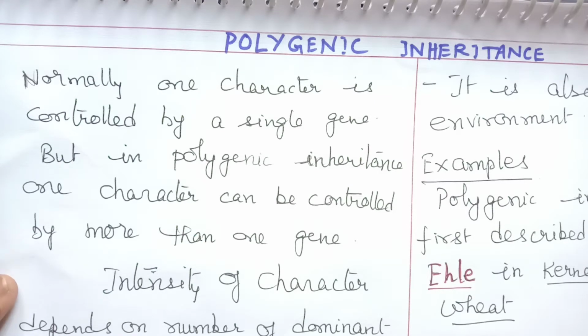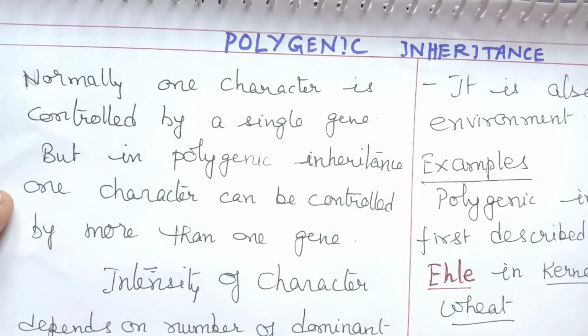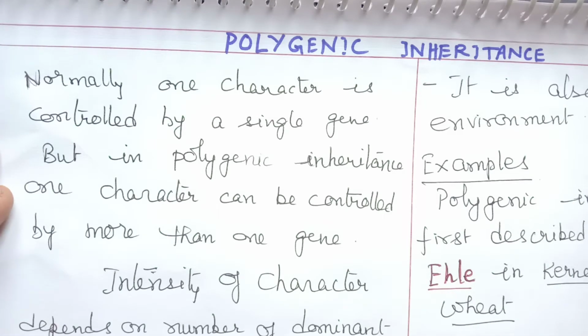Now in this video I am continuing with the topic in genetics which I continued from the last topic. Last topic I discussed incomplete dominance, codominance and heterodominance. And in this session I will be discussing polygenic inheritance. So let us understand the meaning of polygenic inheritance, and then I am going to discuss a few numericals which can be expected from this topic. So let us start with the definition of polygenic inheritance.